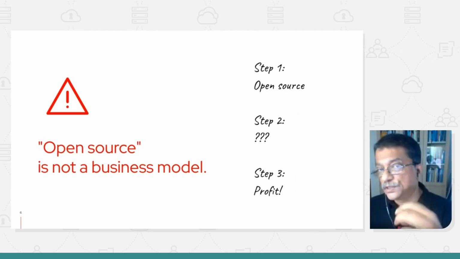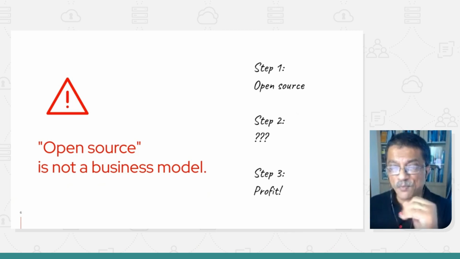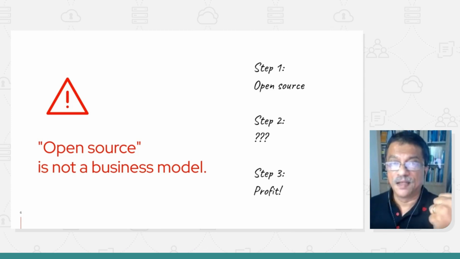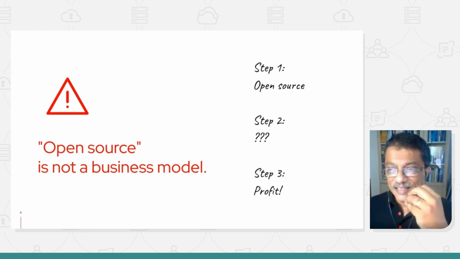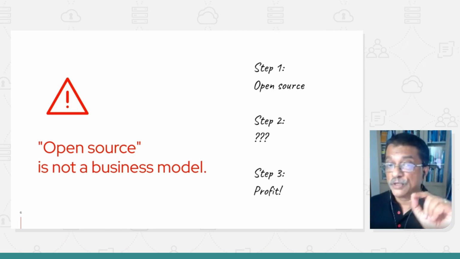Just because it's open source doesn't mean it's going to happen. And in this slide, you see step 1, open source, step 2, something, and hopefully step 3, you make a profit out of it, however it might be. It doesn't really matter where it is, but these 3 steps. Step 2 is the tricky one, because that is hard to do. Red Hat was in that position in the year 2000, 2001, until we figured out that open source is not